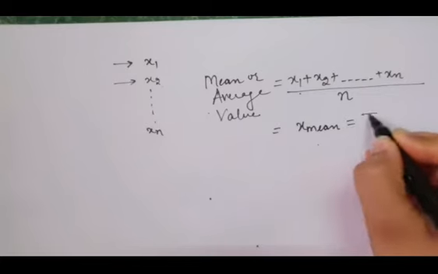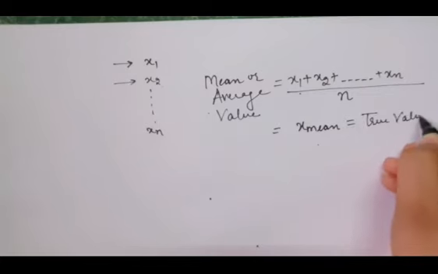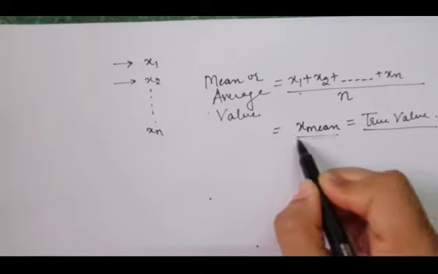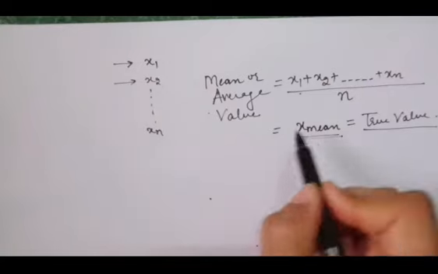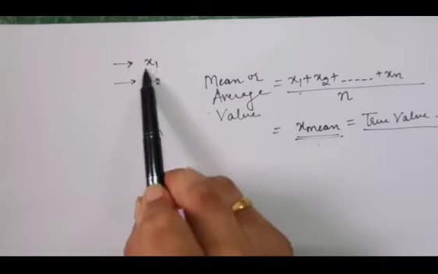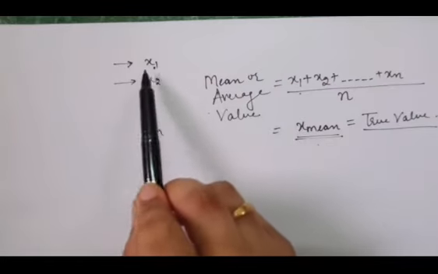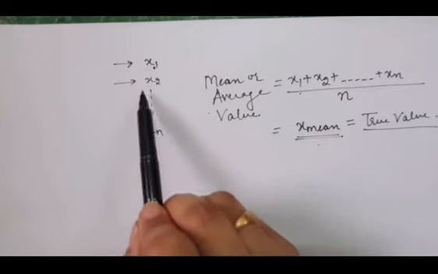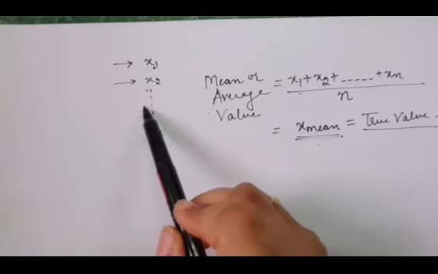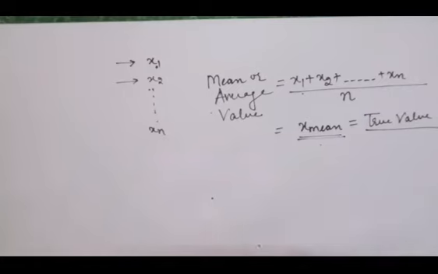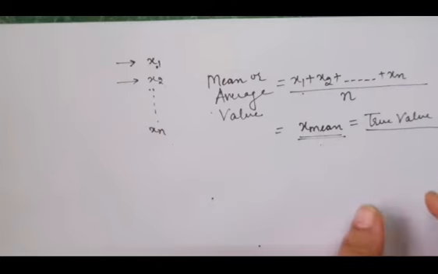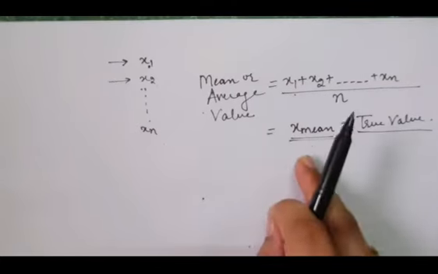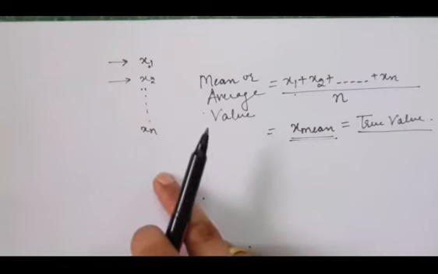This is also known as the true value. You can easily say that this value is more accurate than all these values. Because you might have made some mistake during the first experiment, or you don't know the weather conditions when you took the second reading, right? So this mean value is more likely to be close to the true value, or we can say it's more accurate than all these values.